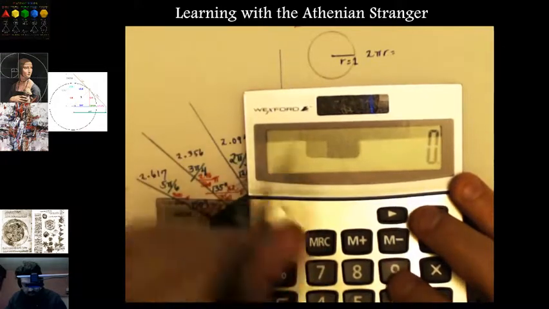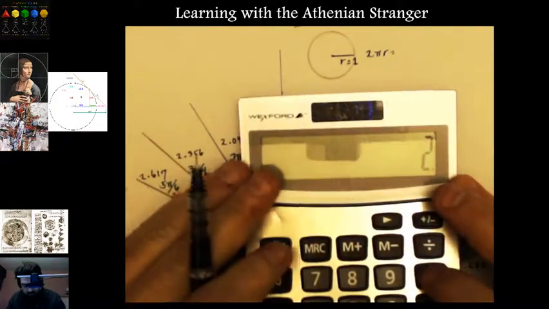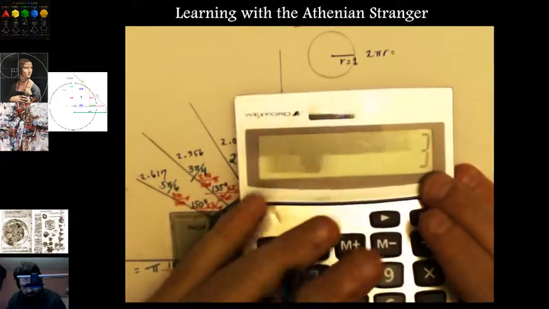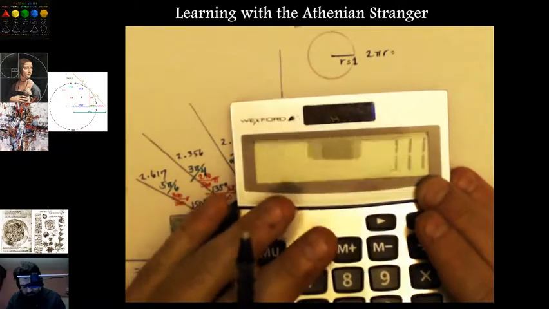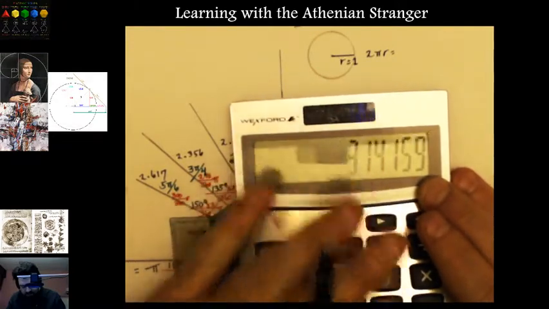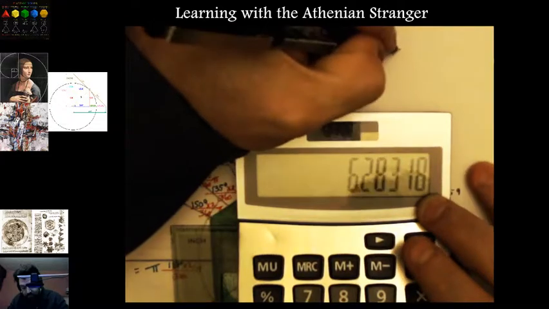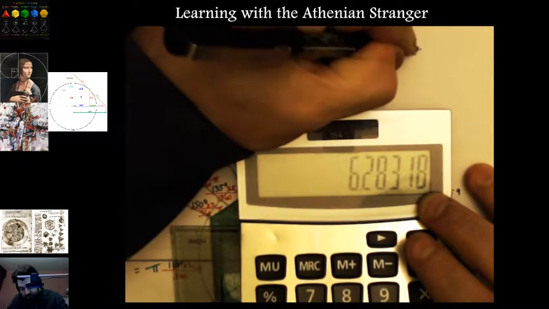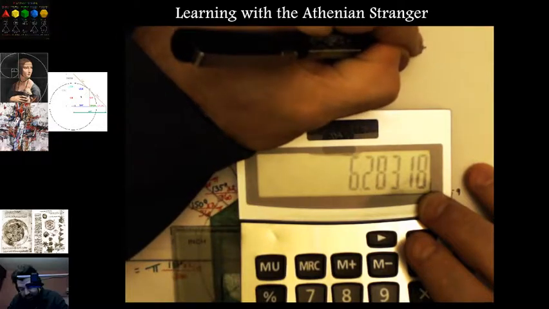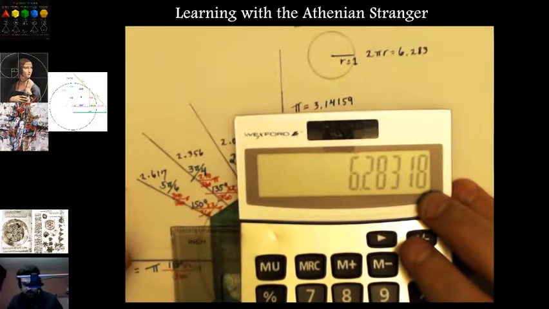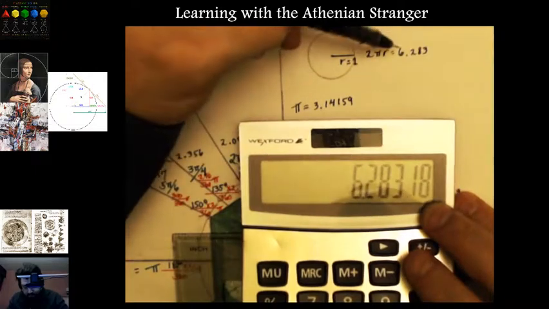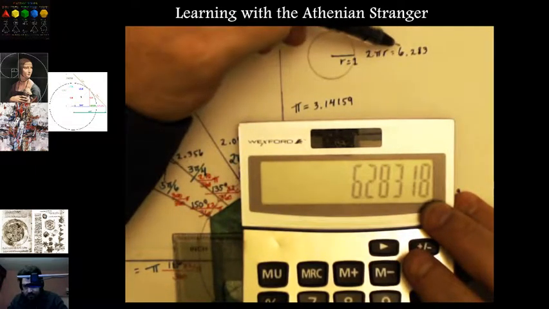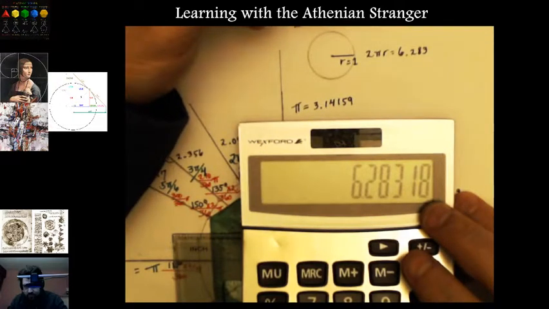So the total circumference of the circle is 2 times 3.14159, and that's equal to 6.283. So 6.283 represents 100%